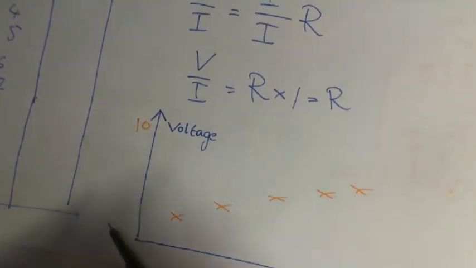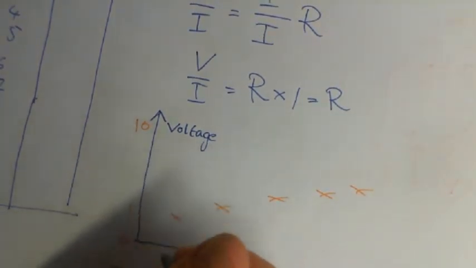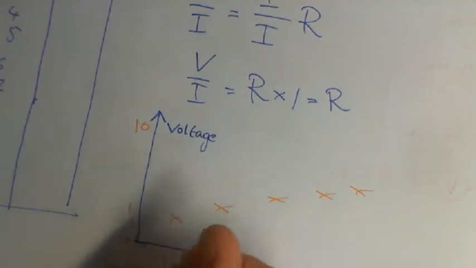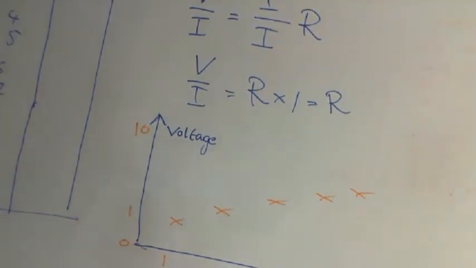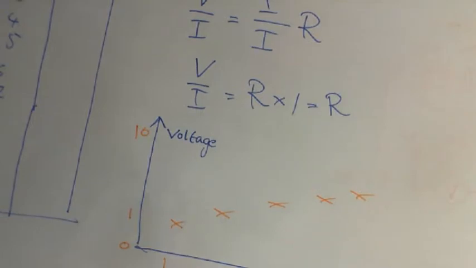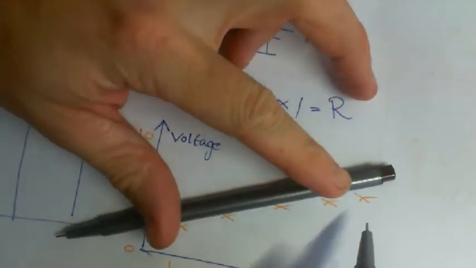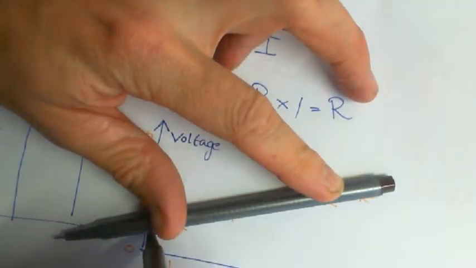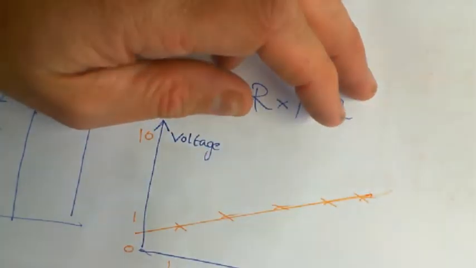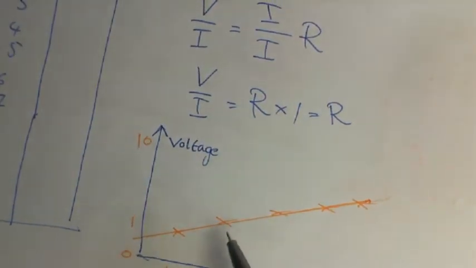Whatever the current I got. So if that was 1 volt and let's say 1 amp, I would put a cross there, and so on. Okay, now once I've got my crosses on my graph, the next thing I need to do is, using a ruler, not a pen,